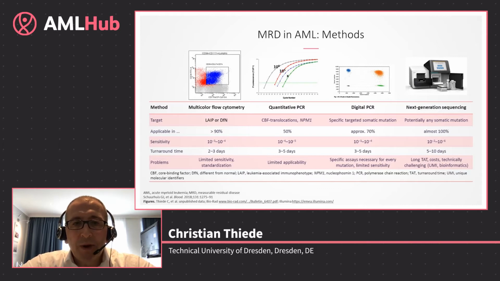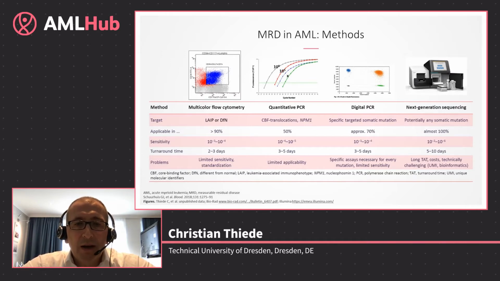With the molecular techniques, we have, at present at least, 3 major fields. qPCR, I think, is a well-established procedure, but has, of course, the limitation that only certain targets can be used for that. These are the core-binding factor translocations and NPM1. That leads to the point that only about 50% in older patients, even less than that, are applicable, are targetable with that. The sensitivity is very attractive, 10 to the minus 5 in the majority of patients, some patients even less than that. Turnaround time is clinically meaningful,